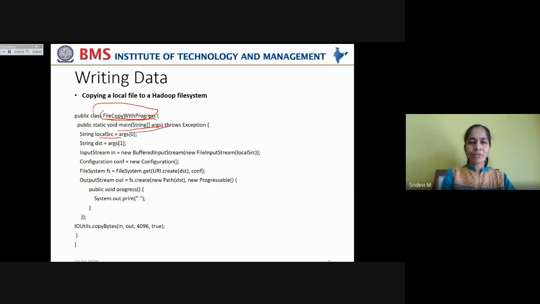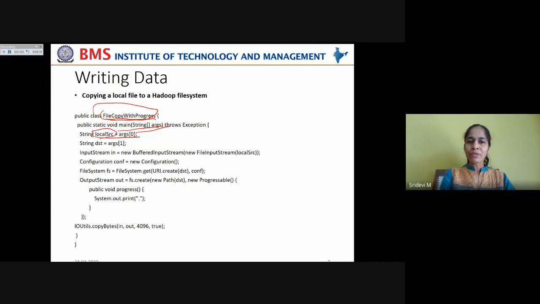Observe this carefully. When we are running this class, you are taking the first argument as the file name from which you are reading, the file location on your local system.